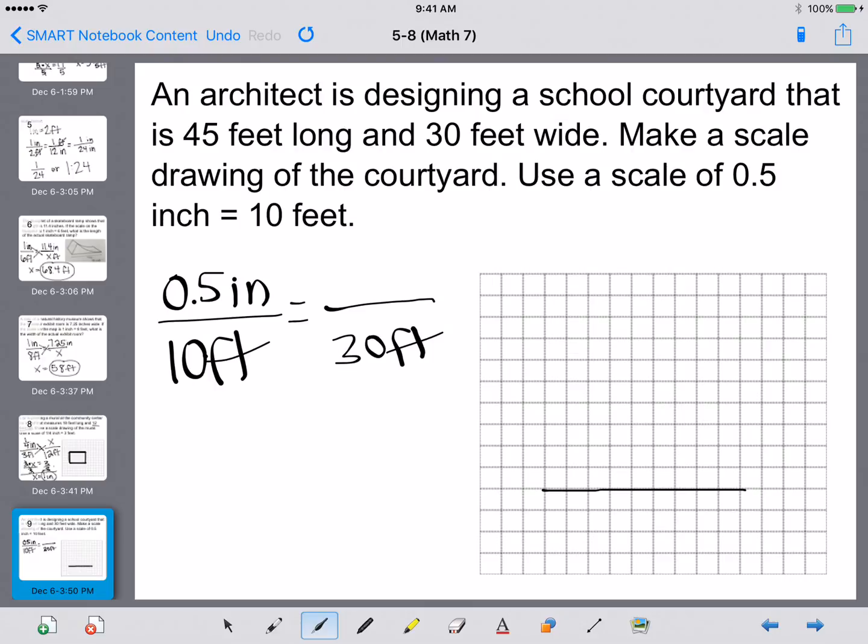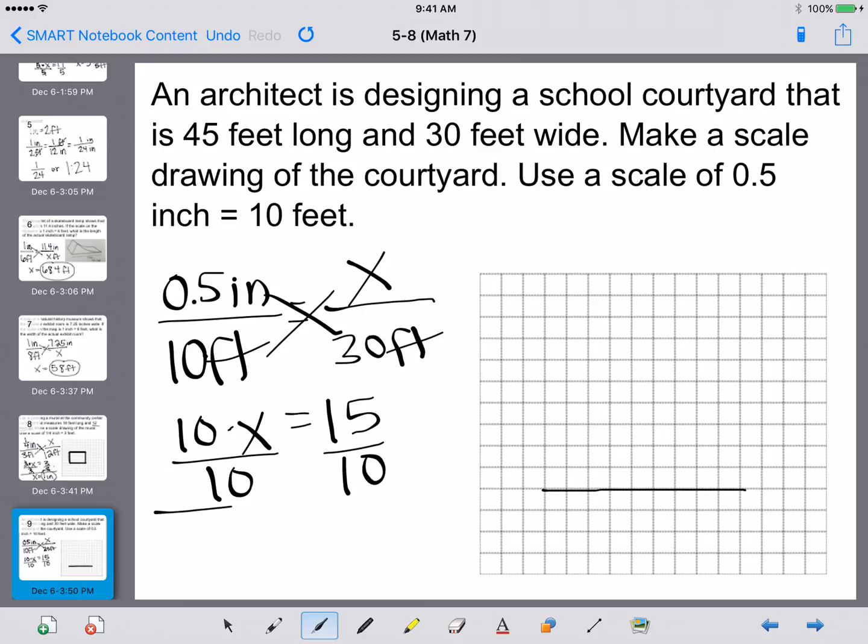Do we know how tall that is on our scale? Not yet, but we're going to figure it out. 10 times X, we're cross multiplying, is just 10 times X. And that equals 0.5 times 30, so half of 30, which is 15. Get X all by itself, you're going to divide by 10. What you do to one side, you do to the other. Our 10s cancel out, and we get X equals